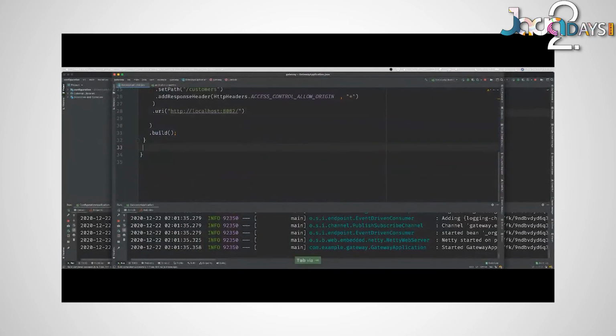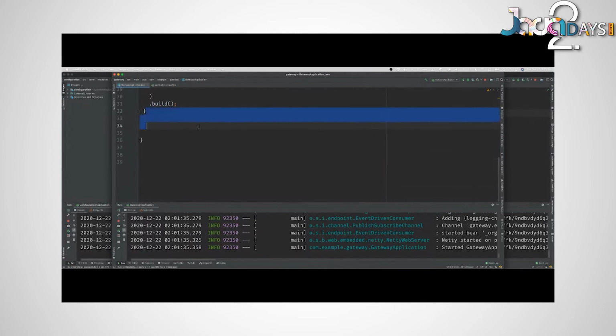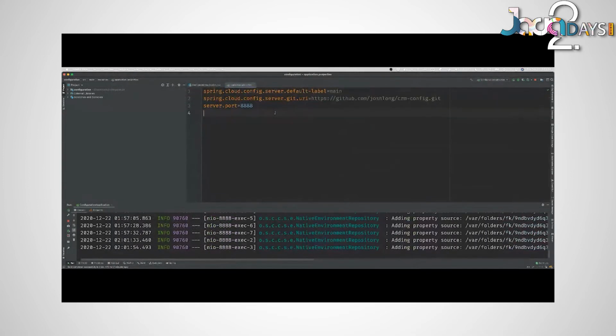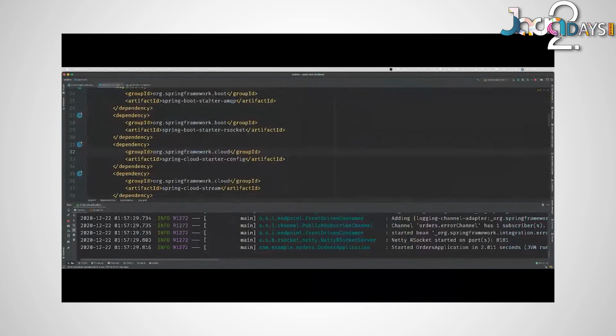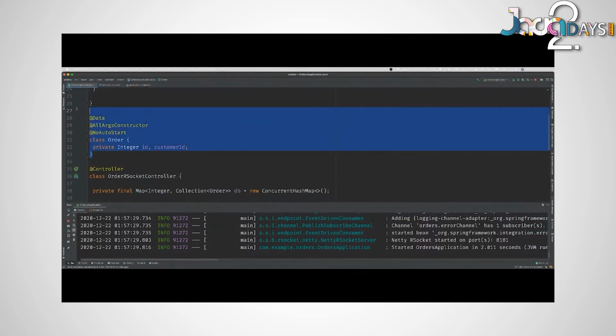But what if I wanted to create a view on the data? I wanted to create a materialized view of something that showed me the orders and the customers in one page, one thing. So I'll go here, CRM client, and I'm going to copy and paste the DTO types, the data types for the customers and the orders. So go to the orders, copy and paste this